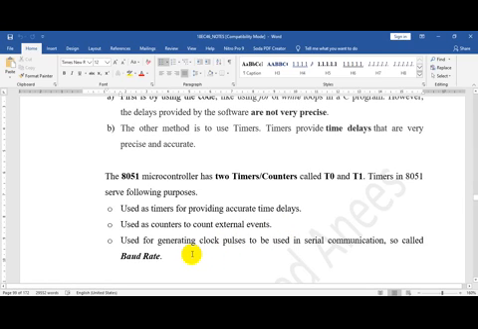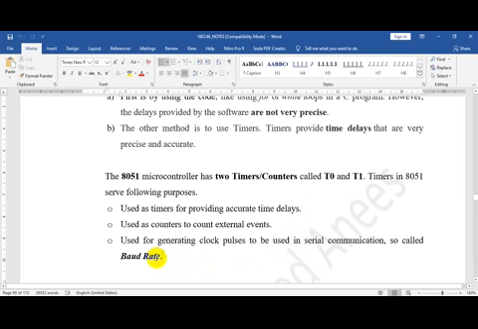The third application is the serial port. The serial port is used for serial communication, transmitting and receiving data serially. The speed of transmission and reception is defined by the baud rate, and the baud rate is calculated based upon the configuration of the timer.